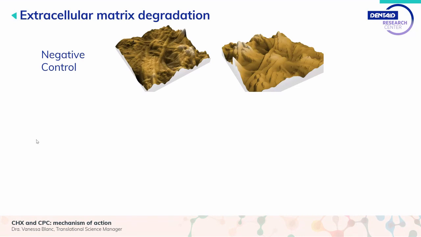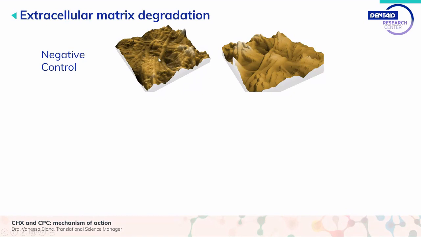Let's see. We grow multi-species oral biofilms. This is a biofilm of 6 multi-species pathogenic bacteria under in vitro conditions in our lab, and we observe them using atomic force microscopy. You can see little definition of the biofilm because it's covered in matrix. You can see how the bacterial morphologies are poorly marked. These biofilms were then treated with a